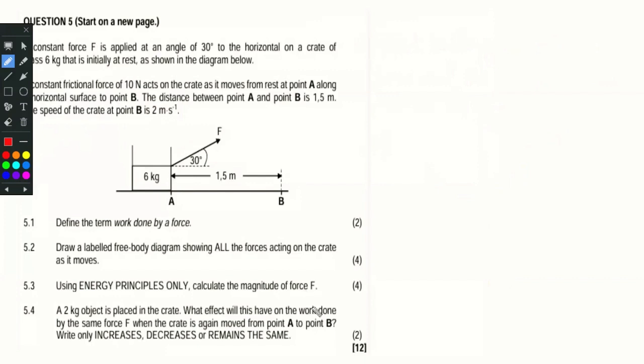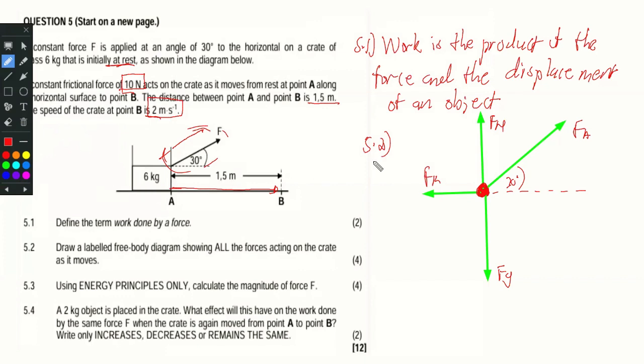Now, this is a horizontal surface, so you do know that I'm going to opt to use W net, right? I am definitely going to opt to use W net. And then we know that the normal force does not do any work. Work done by normal force will be 0 joules. Work done by Fg will be 0 joules, mainly because they are perpendicular to the displacement, right? So no work done by normal force, no work done by gravitational force. So that means the only 2 forces that are doing work on this 6 kg block are the force applied and the Fk, which are going to be the ones that I represent on the W net